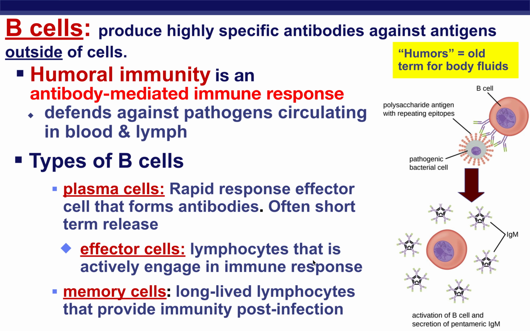All right, you have different types of effector cells in the T cell category, and the effector cell in the B cell category is plasma cells. And then you have memory cells. You have memory B cells and memory T cells. Both of them are just